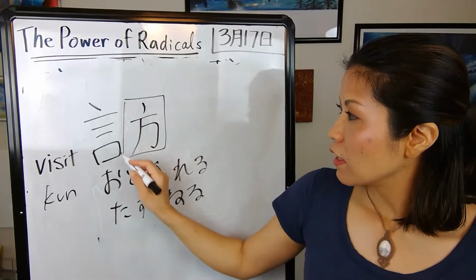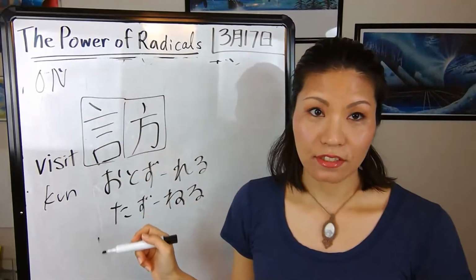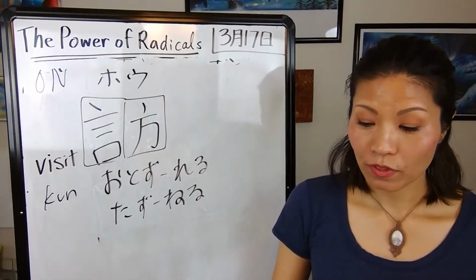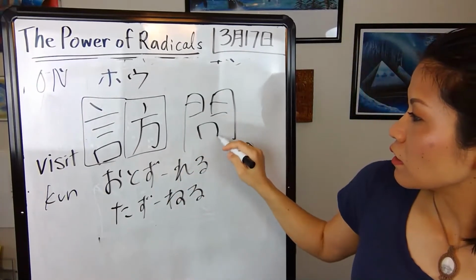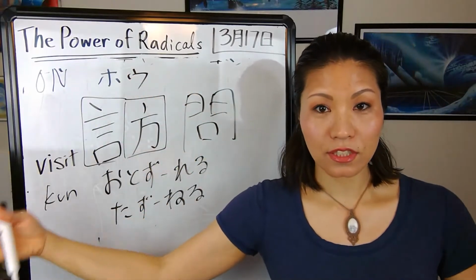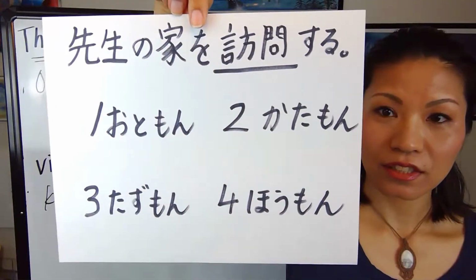Then this kanji means something related to the language. Then this part tells you the on reading. And this kanji's on reading is ほ. Okay? And remember, when we have 2 kanji together, which one do we use? On reading. When 2 kanji or more are together, the compound kanji word, most likely we use on reading. So the answer is